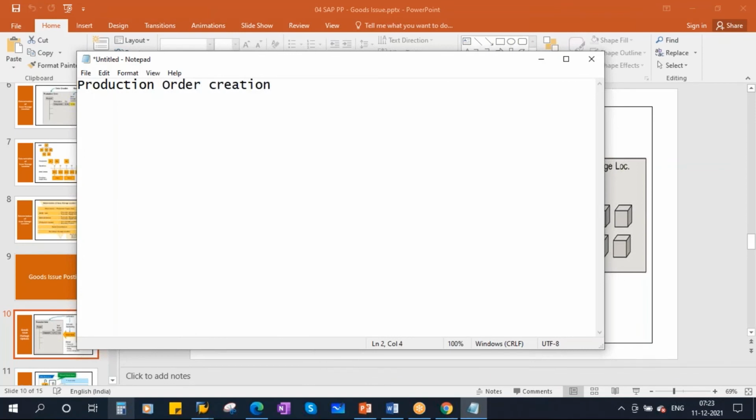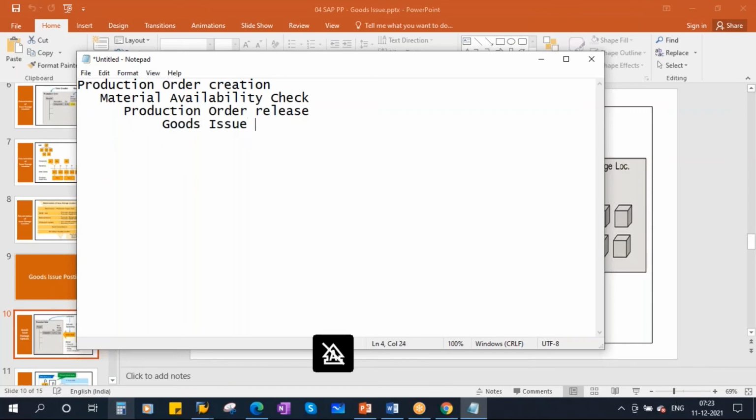Next step is material availability check. Next step is production order release. We covered all these things in the previous sessions. After production order release, the next step is the one we are discussing today: goods issue, nothing but material staging.